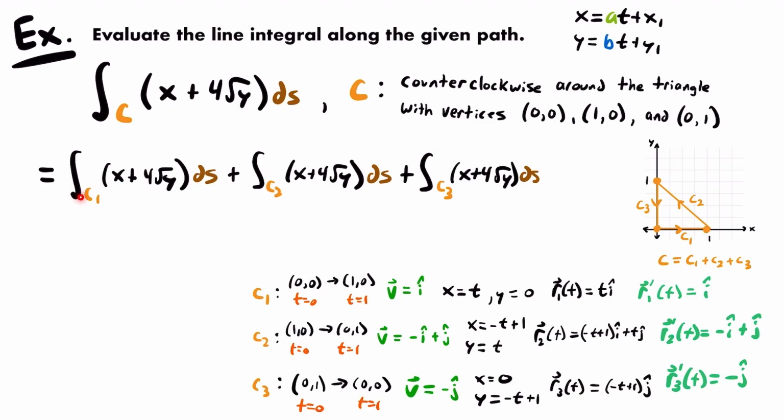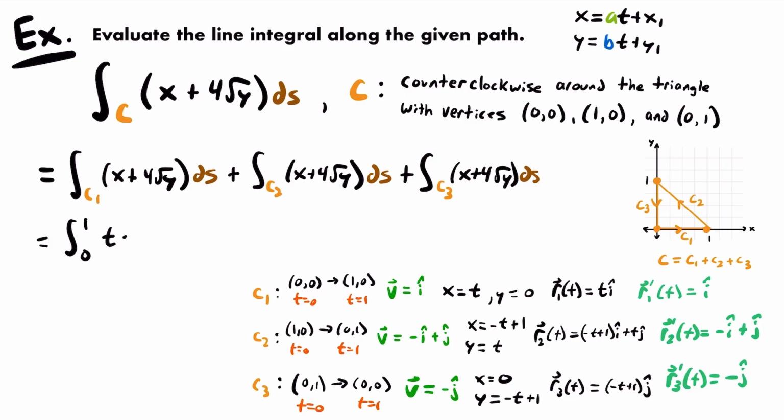Starting with the line integral for C1, we will be integrating from t equals 0 to t equals 1. In fact, we'll be doing that for all three of these integrals. So we will have that this is equal to the integral from 0 to 1 of x plus 4 times the square root of y. We need to replace x and y with what they're equal to in terms of t. And for C1, x is equal to t and y is equal to 0. So this term is just gone. We're just going to be integrating x, which is t. So really, I don't need this parenthesis at all. We'll just have t times ds,